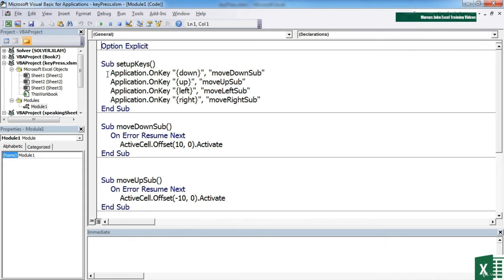So we have application.onKey. So application object.onKey is the method that we're capturing. And then firstly here is the key press we would like to capture. The key press is always encompassed in speech marks and then parentheses. And then what you put between the parentheses is the key press you are trying to capture. Now for the special keys, as we've done here, down, up, left and right, you could be guessing all the time, or you could do a search within the VBA help for onKey,